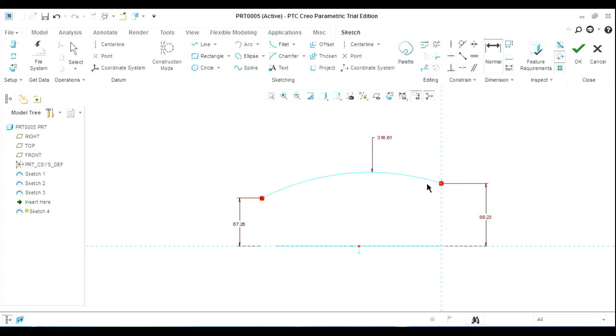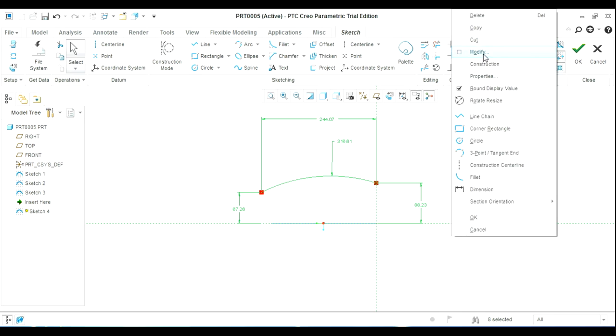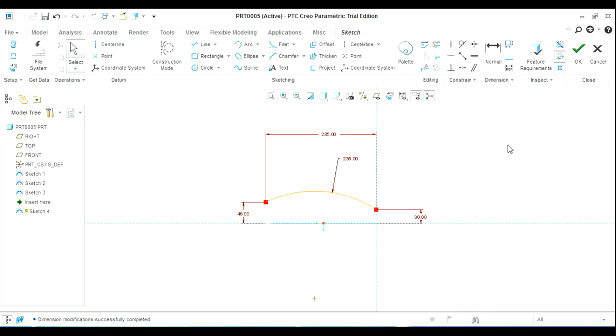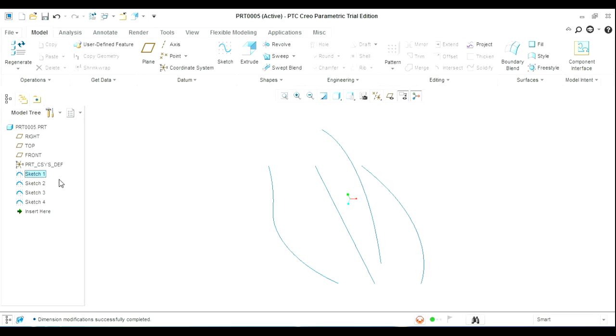Place the required dimensions using the dimension tool and modify all the dimensions together from the modify dimensions tool. So our third guide curve is also ready. Press the OK button. Now the screen shows you one origin trajectory and three guide curves.